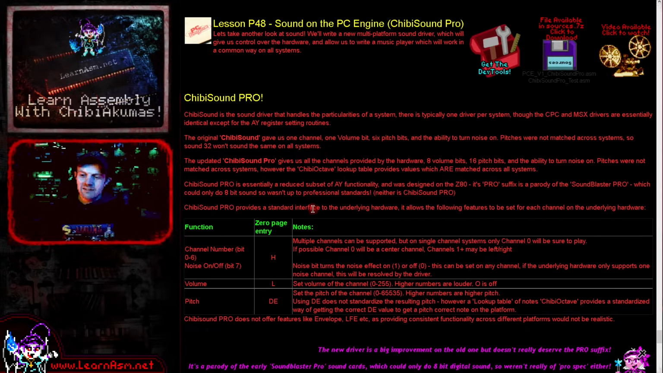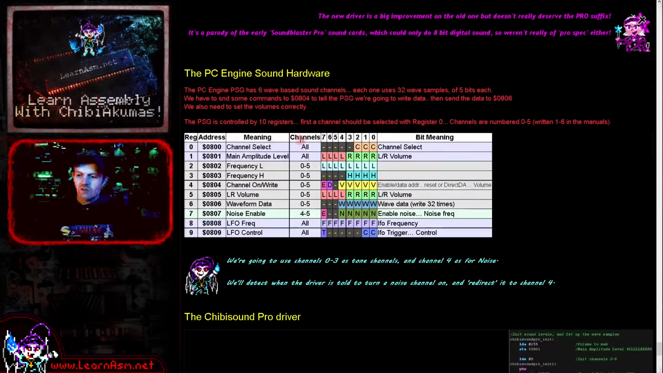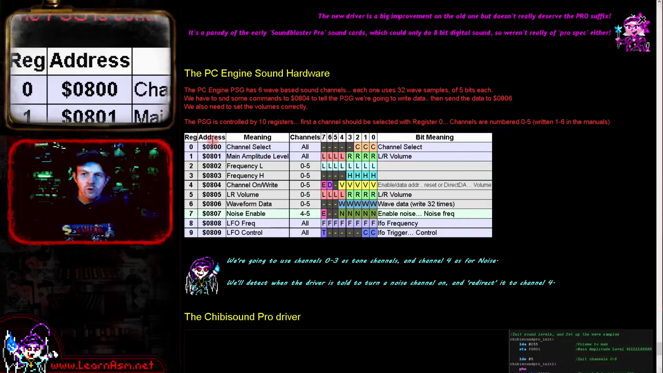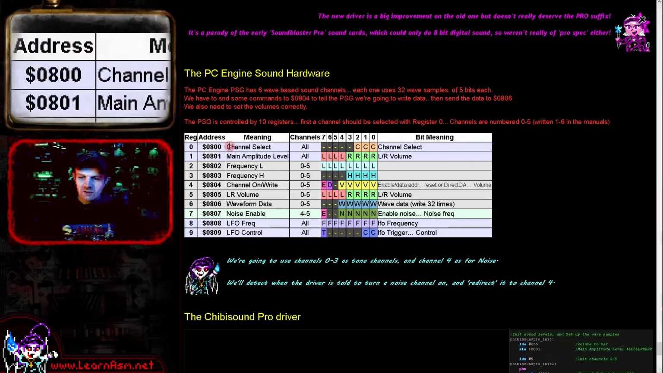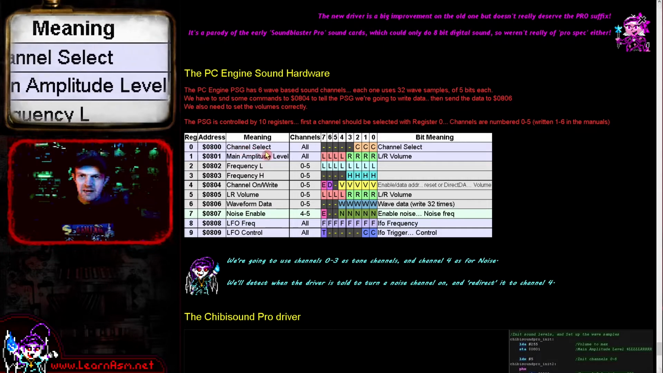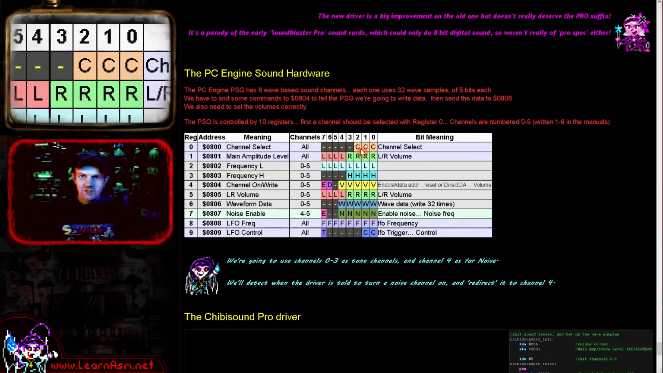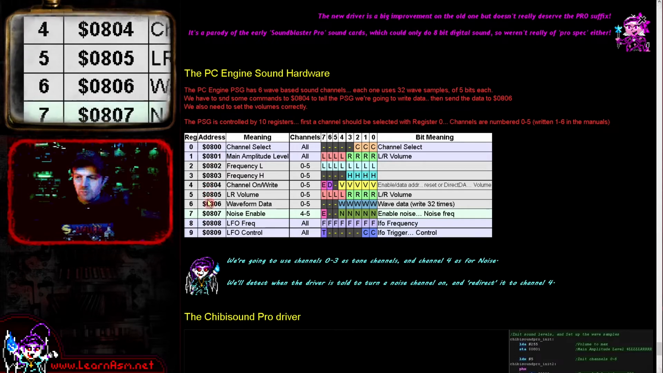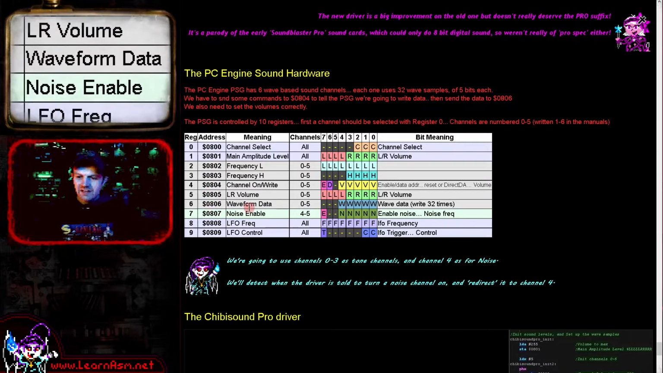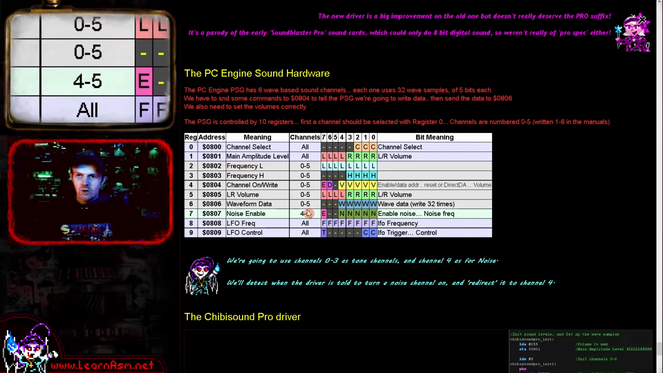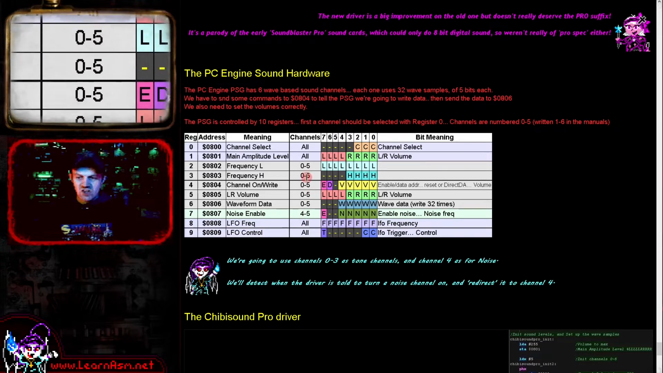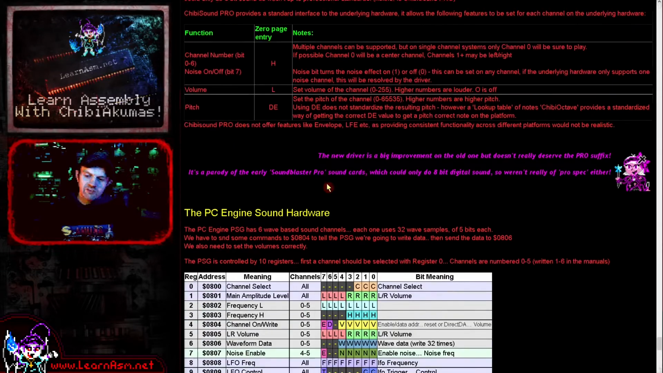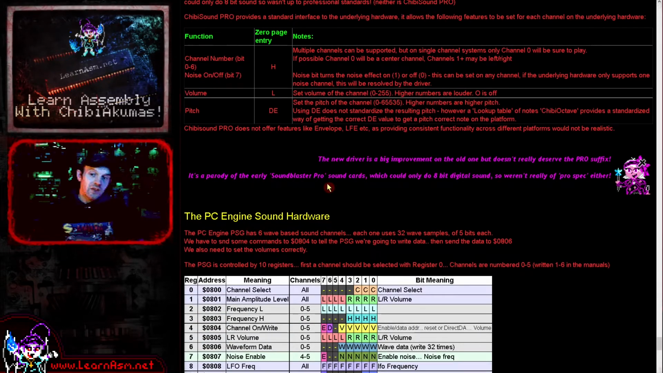Now, the PC Engine version, we are going to be controlling the PC Engine sound hardware, and this uses ports 800 onwards, so memory mapped ports. We have a channel select. We have a main amplitude, which is kind of the mixer level for all of the channels, and then we have the other ones that are set for specific channels. Now, on the PC Engine, channels 4 and 5 are noise channels, and 0 to 5 are sort of general tone channels. Now, in theory, we could be passed a channel number of 0 to 127, but actually, for the